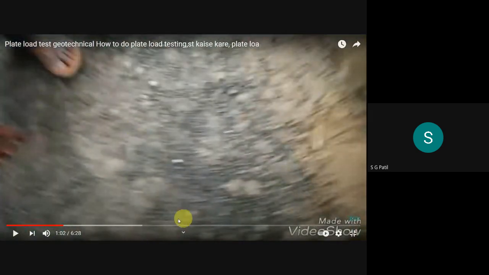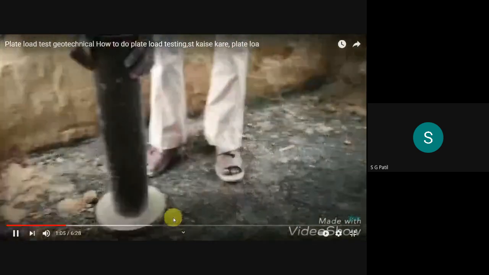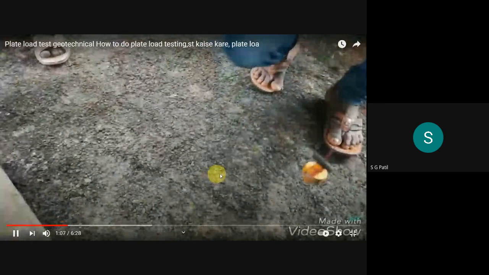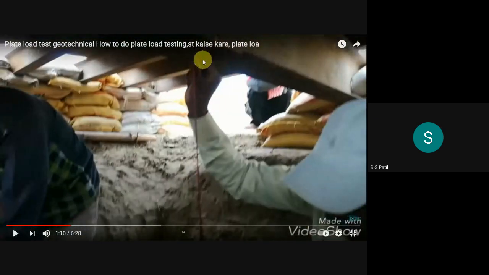Now they are making some arrangements to put that plate. So that plate should be exactly horizontal. Okay, so that's why, and also see, this is the center of gravity of this loading. Whatever load will be there now, you are applying this Kentledge. That center of gravity should coincide with the center of gravity of your plate. Okay, so that can be established with the help of this plumb bob.